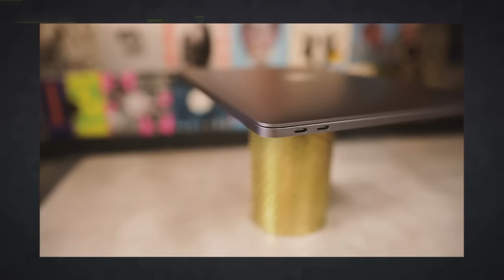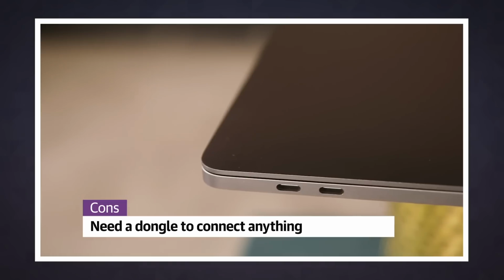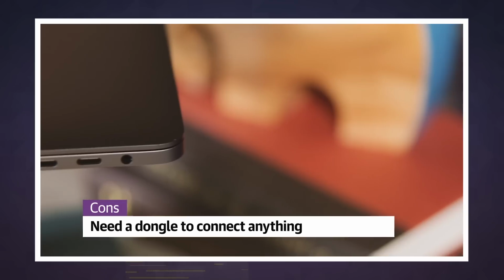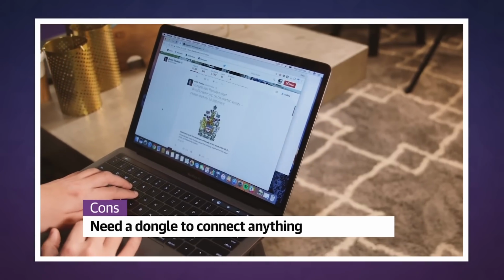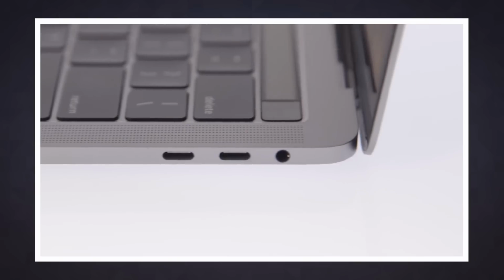What's supposed to be a machine for professionals doesn't have any of the ports people actually need, like memory card slots, Ethernet, HDMI, and USB Type-A. It's all USB-C, and Apple expects you to rely on dongles for all those connections. Never mind that other PC makers like Dell and Lenovo have no trouble fitting in those ports in slim machines. Even Apple proved it could do that with the 2015 MacBook Pro. While there's a simplicity to sticking with USB-C, is that really worth making life more difficult for a large segment